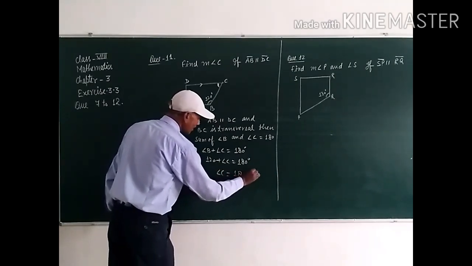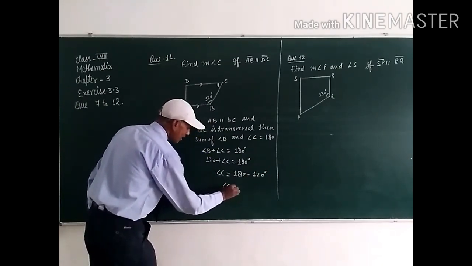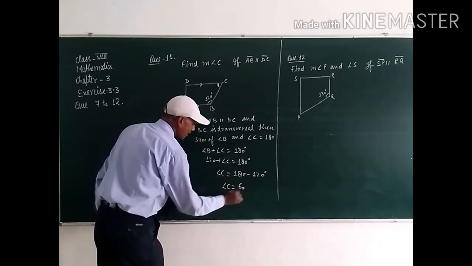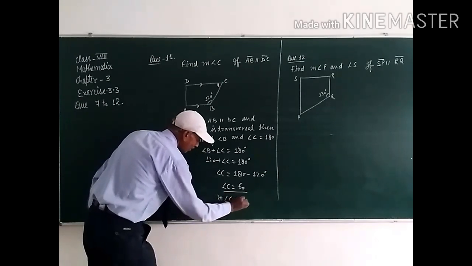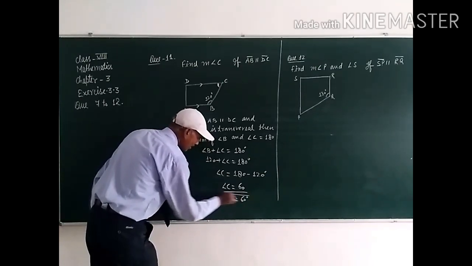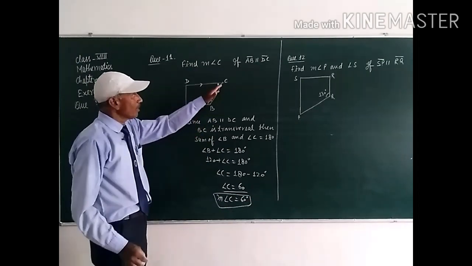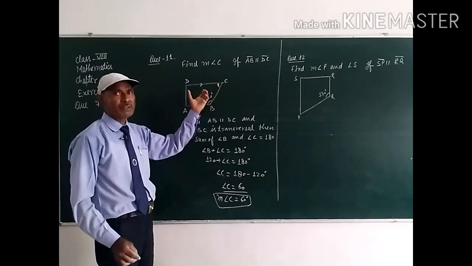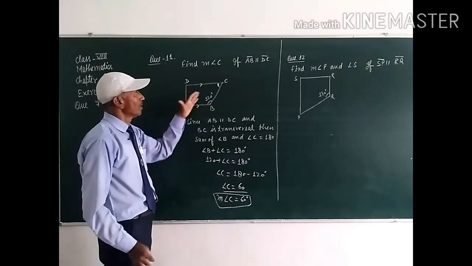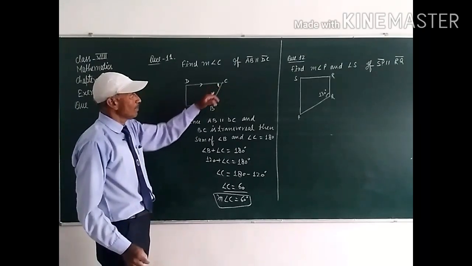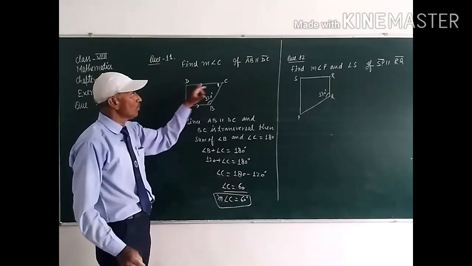180 minus 120 degree. So, angle C is equal to 60 degree. The measure of angle C is equal to 60 degree. This one is the answer student. Because these are co-interior angles same side of transversal, these two angles will be supplementary. Clear students? So, the sum of these two angles will be 180 degree, because these lines AB parallel to DC and